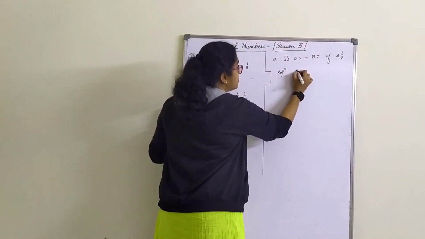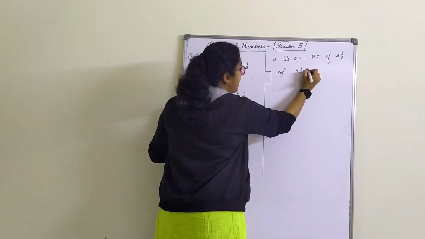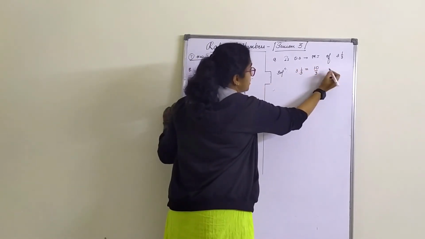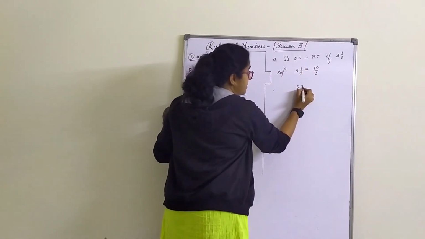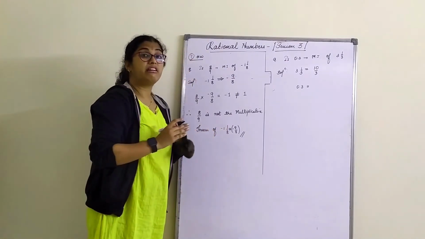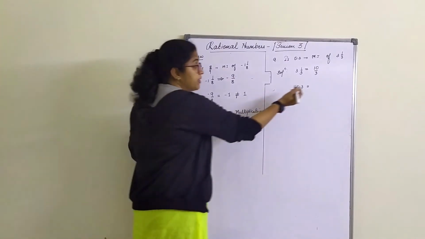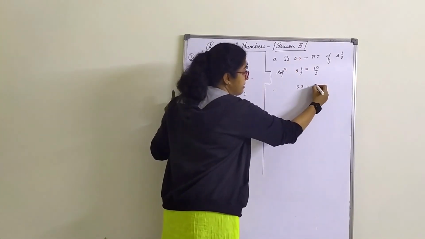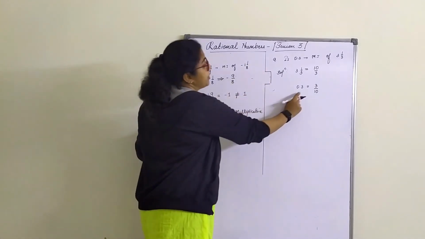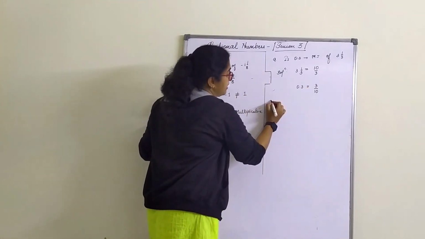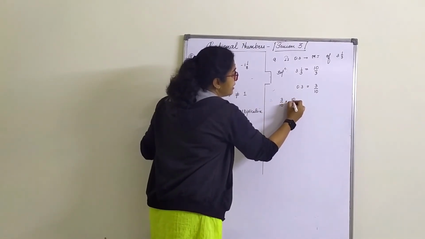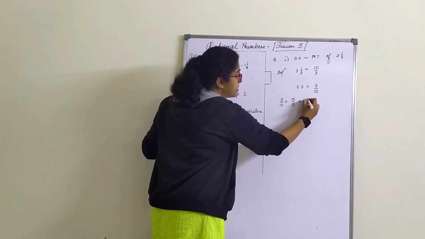Solution. So, 3, 1 by 3 can be written as 3 3s are 9, 9 plus 1, 10 by 3, right? Including 0.3. How do we write 0.3? This is given in decimal, but if you have to convert the decimal into a fraction, which you have done in your 5th, 6th or 7th, it is written as 3 by 10. Am I right? Yes? Okay. So now this is the given number, therefore I just multiply 3 by 10 into 10 by 3. What is the answer?